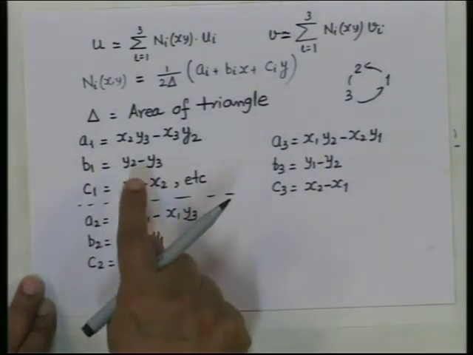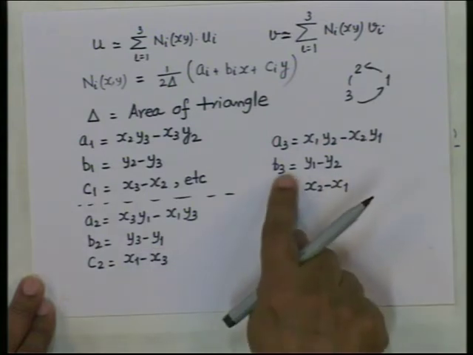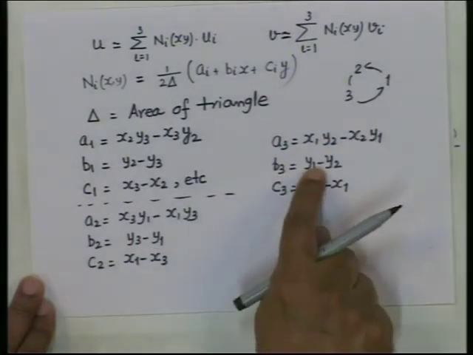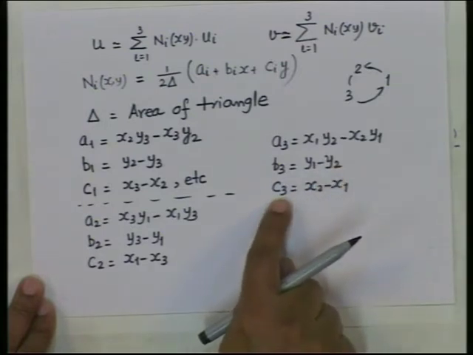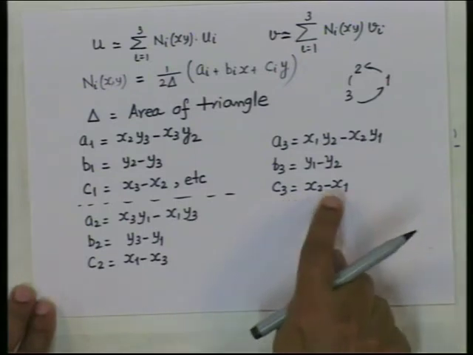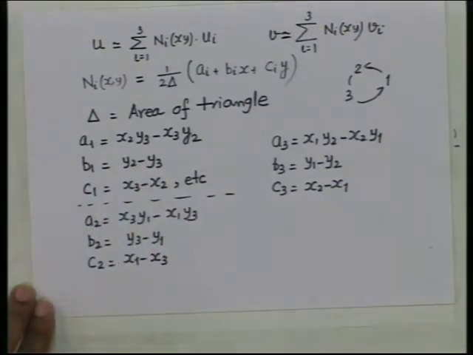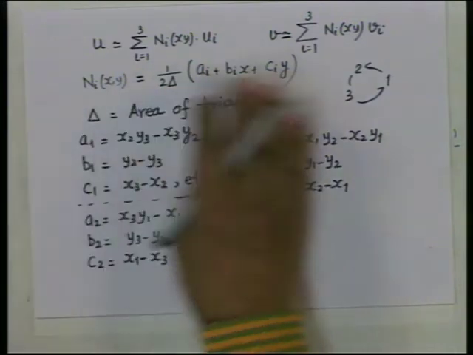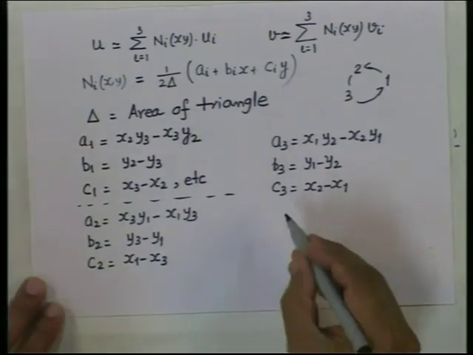Similarly, for B1 it is y2 minus y3. For B2, the next one, 3 and 1. This cycle must be followed. Similarly, after 3 comes 1 and 2, so see this cycle. For C3, it is 1 and 2, but that has to be reversed: 2 minus 1. So these are the coefficients. Then your shape functions are all known in terms of the nodal coordinates. We had derived this formula; only I had not written it in this compact form. And your area